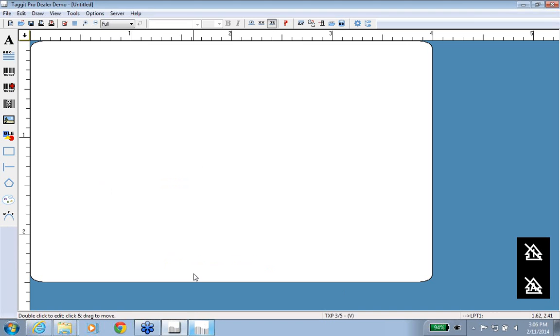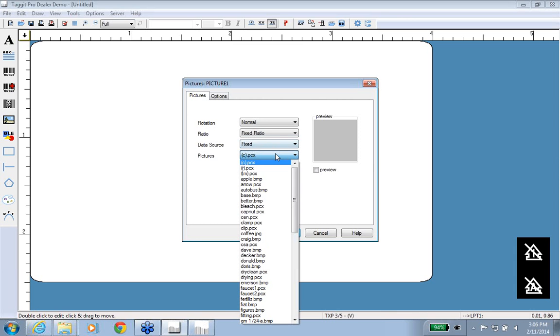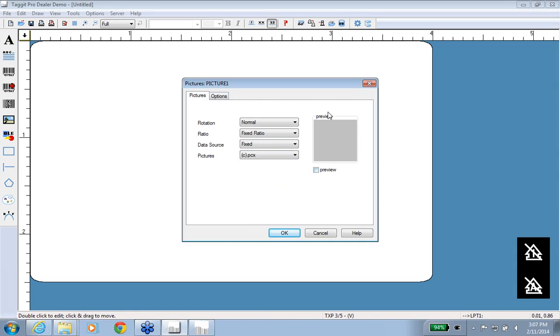Just like in the old software, it's pretty much the same thing, with the exception that the old picture screen wasn't all that great. In addition to the fact that you were kind of locked into a specific location, you had to save the pictures in a specific folder in order for them to show up in this drop-down. You could enable a preview, but it was kind of tiny and it wasn't all that useful. If we instead come over to the new software and use the wizard to add,